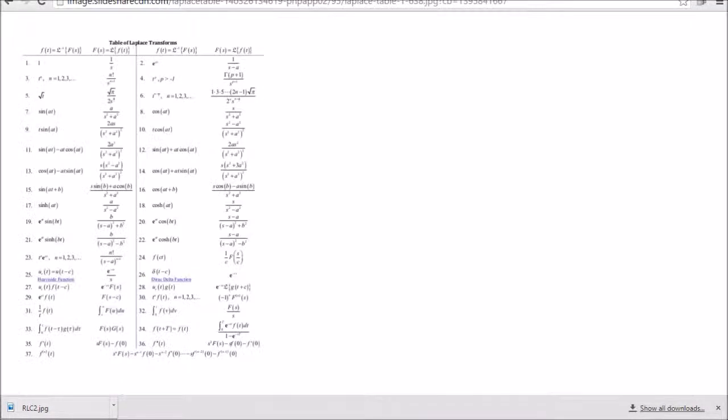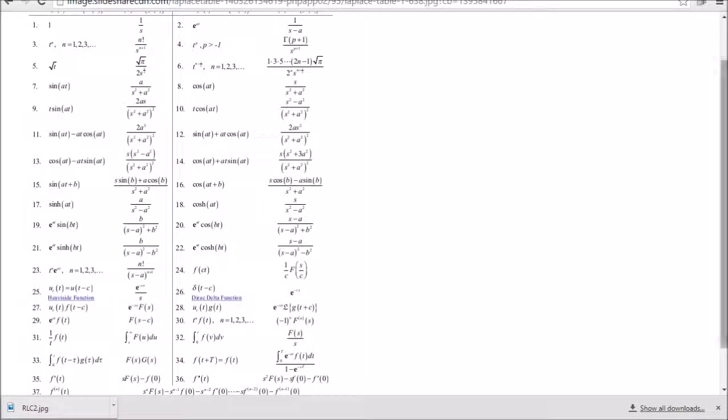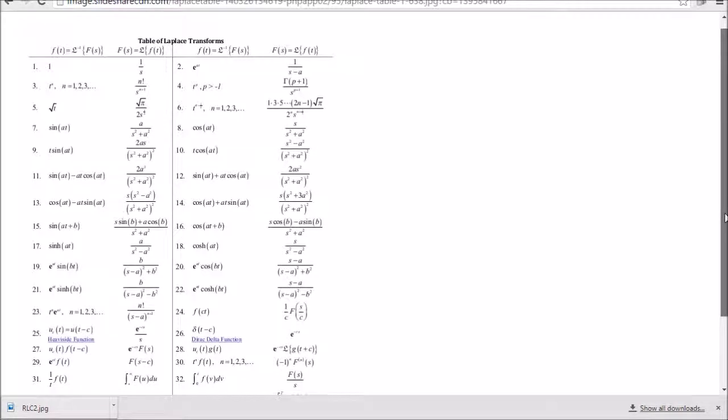So the way we do that is we just have a simple table right here. Well, I wouldn't say simple, but the method is simple. And we can see on the left, on both of these sides, that's our function in time, and on the right, that's our function in the frequency domain. So,